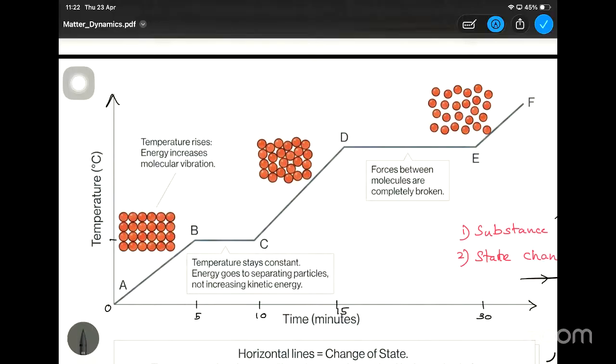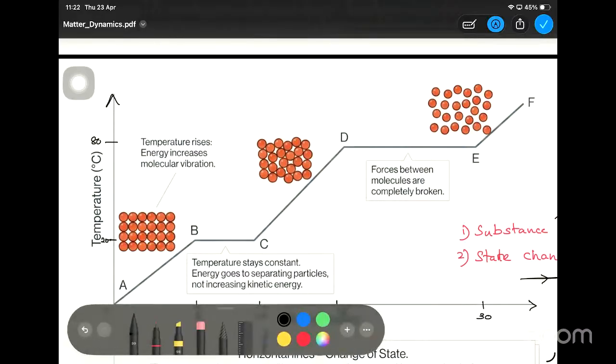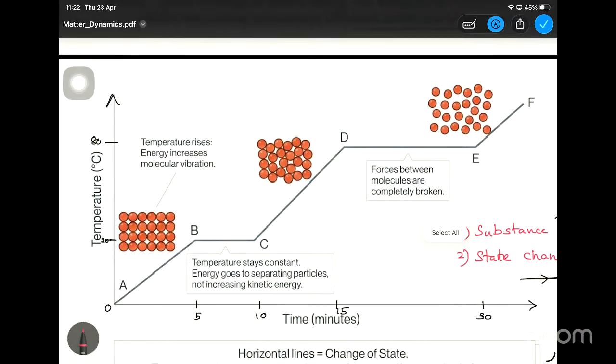And this value to be, let's say, 20, and here it is 80. These numbers are just for the explanation process. So here 0 is the origin, where you have the solid. Once you are providing heat energy,